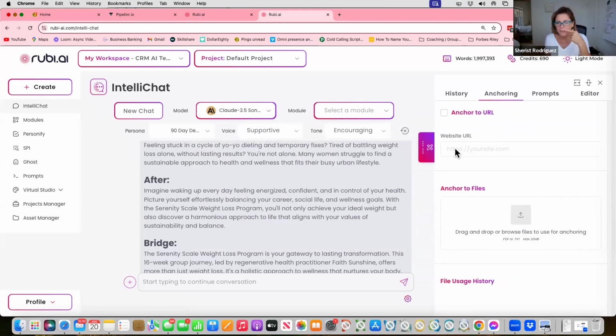Yep. And then you can put in a website, or you can put in that square in the middle. You can upload a document, a PDF of your product. You can make a document if you don't have one. You can put it all on a document and then save it as a PDF and then upload it. So now all your social media content, your blog, whatever is going to reference that PDF.